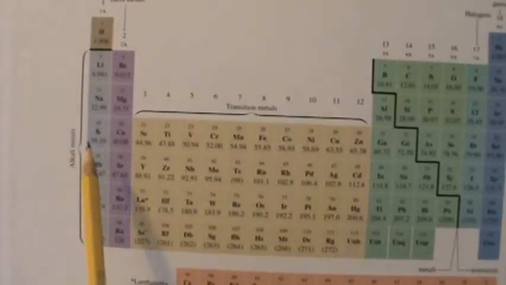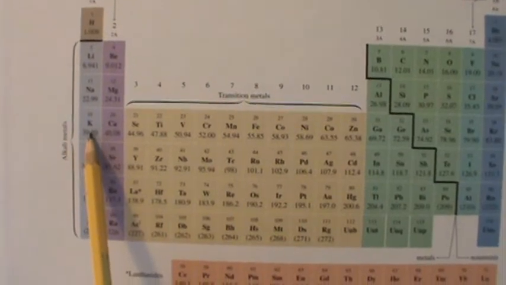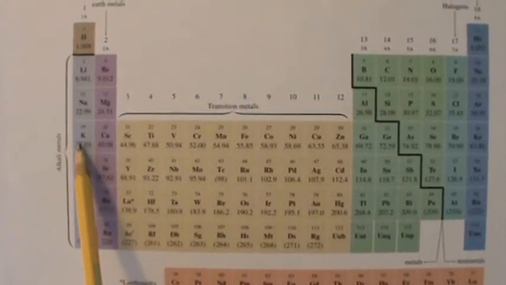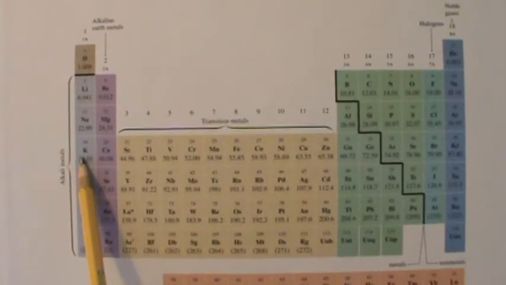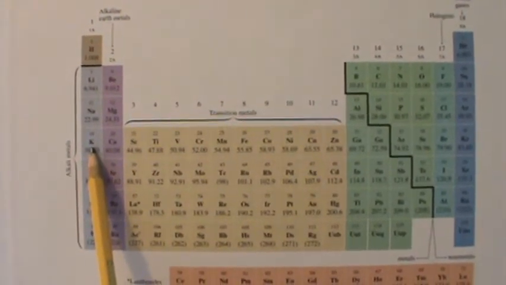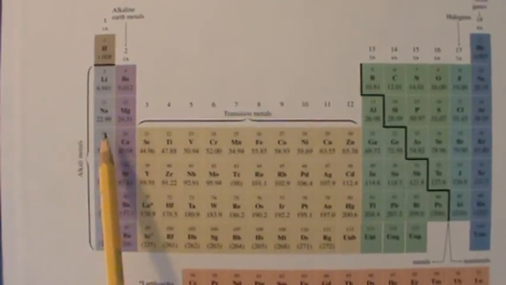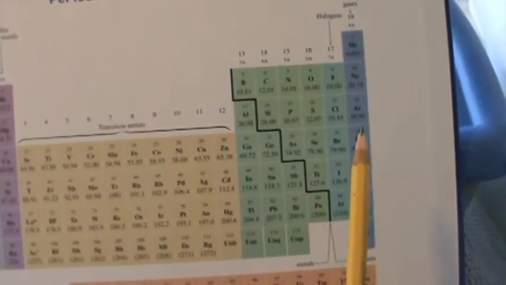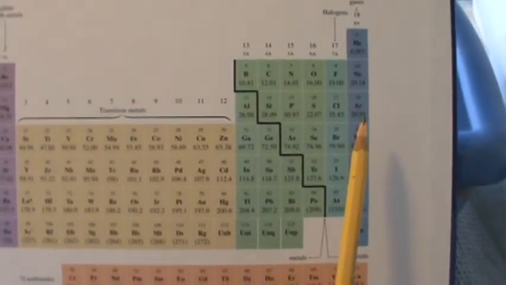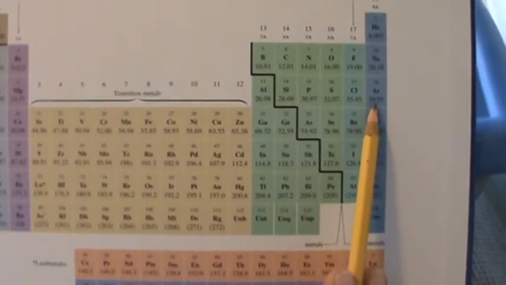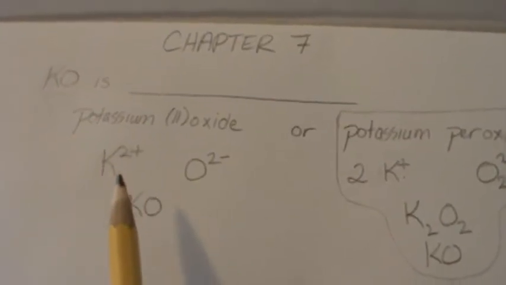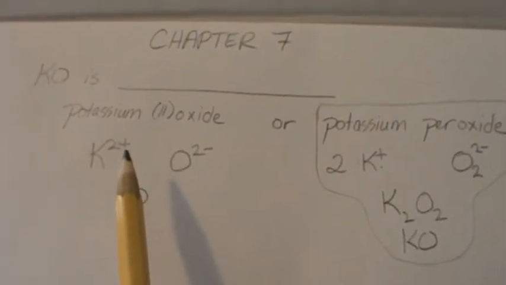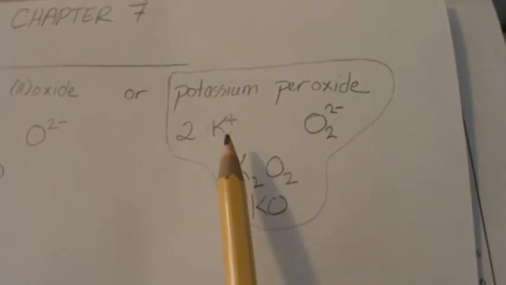And so what we do is we look in the periodic table and we see potassium right here. Potassium only has one valence electron, which means that its first ionization energy is quite low, and it will lose that electron quite easily. But then it's going to have a configuration that looks exactly like argon. Oh yikes, it is not going to want to lose an electron from here because that second ionization energy would be very, very high, which means the potassium is just flat out not going to want to be K2 plus. Because it only has one valence electron, it's going to want to be K plus.